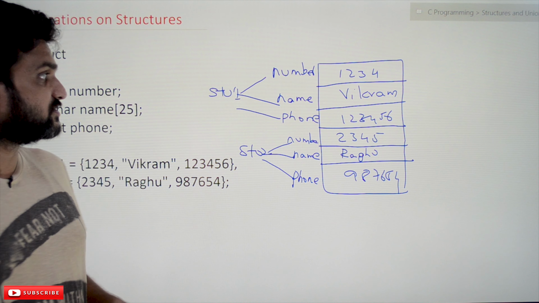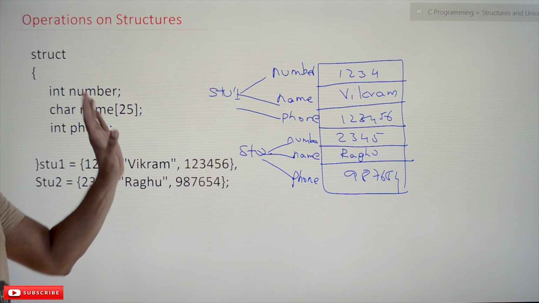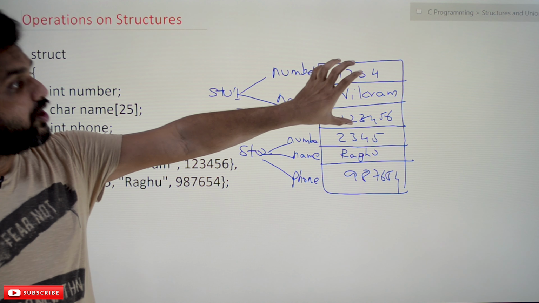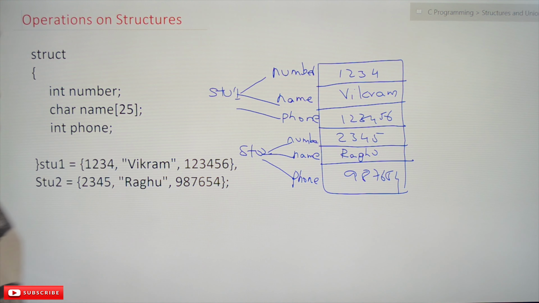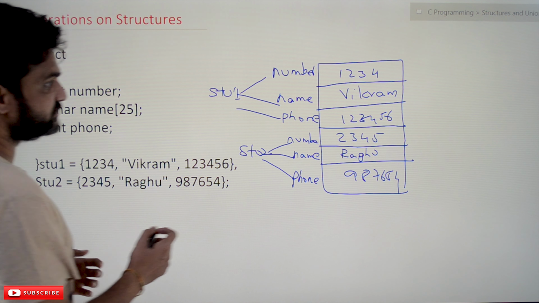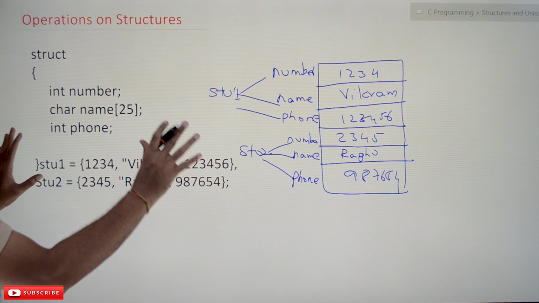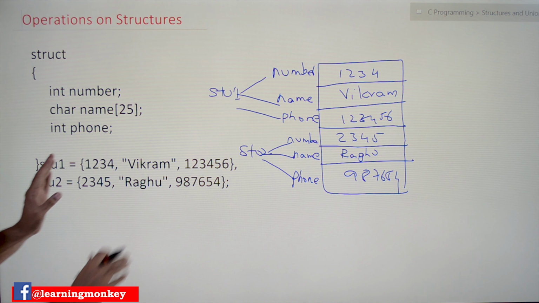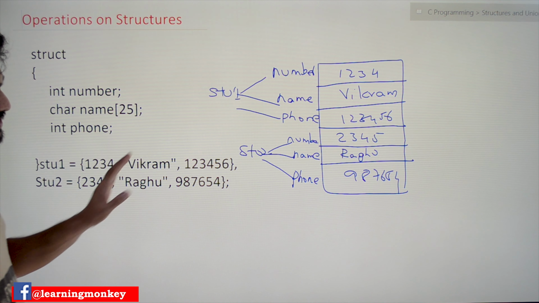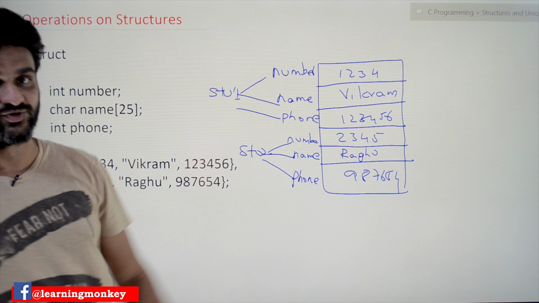Now coming to this class, we'll try to understand the different operations, how the operations can be done on the values that are stored in the structures. So how the operations are done is, for example, we have seen this example in our previous class, where the structure variables are initialized, and after executing this, the values will get stored in the memory. In this way, the values will get stored.